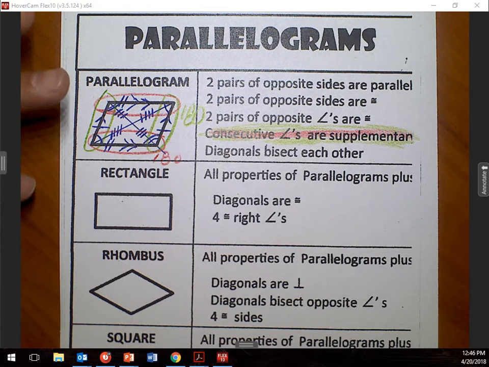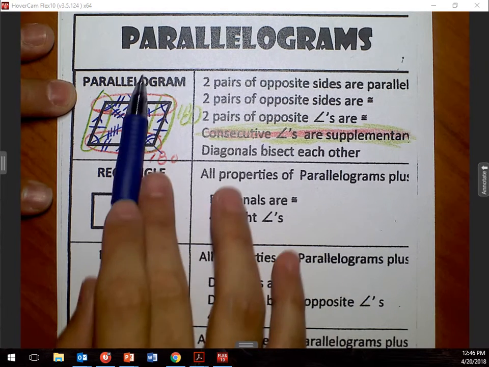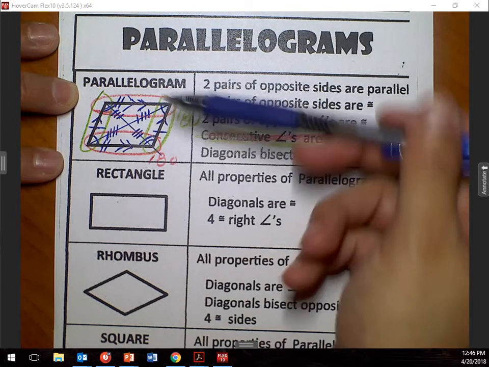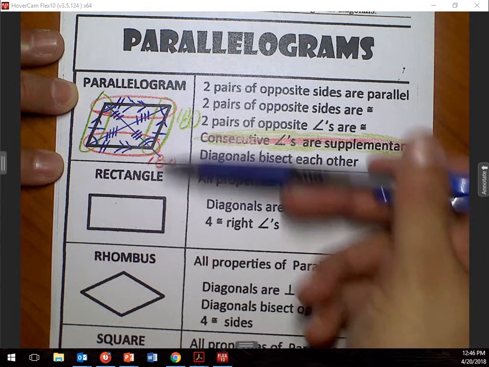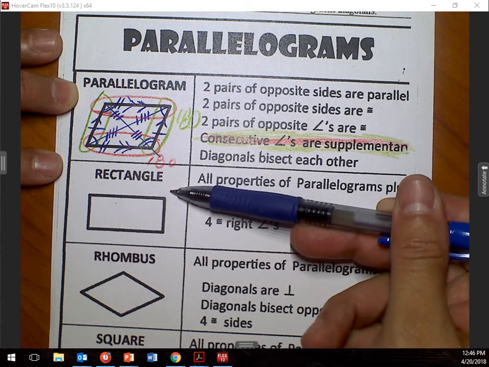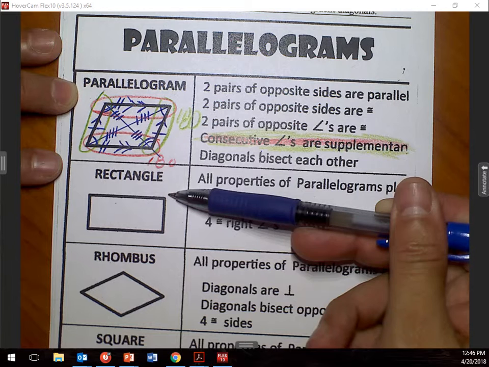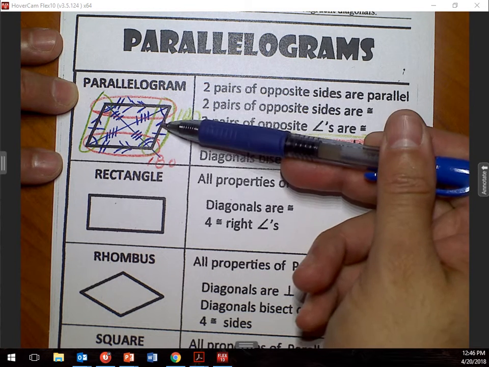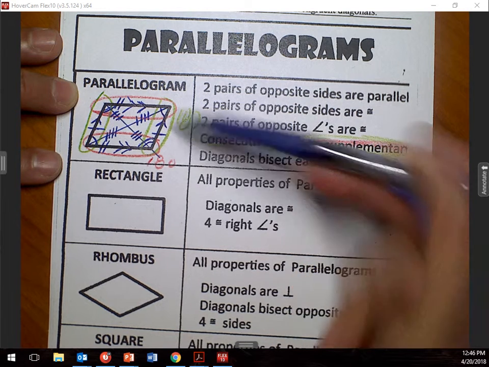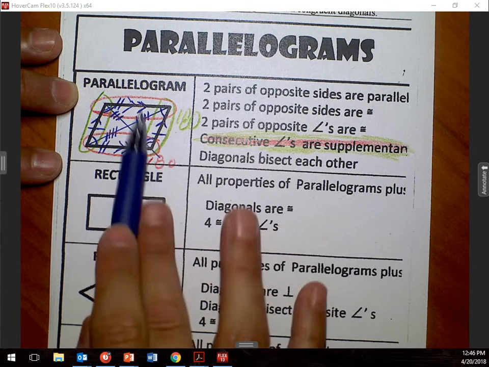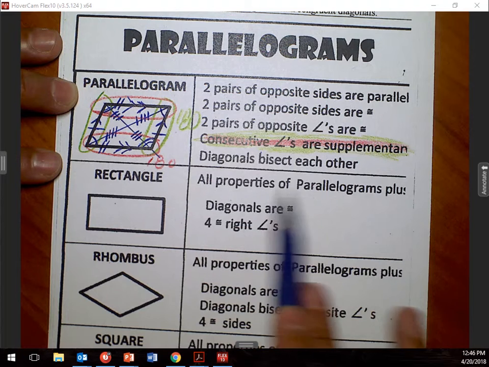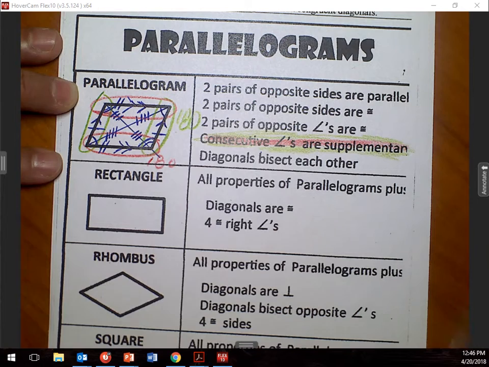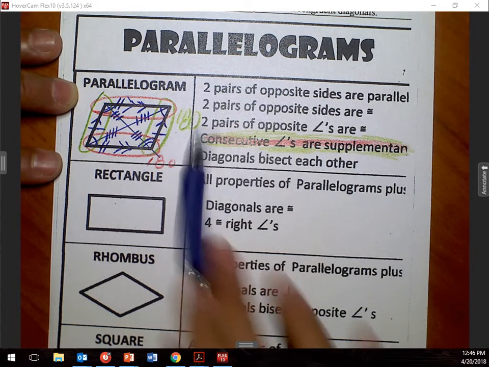All right, you guys ready? Now, a parallelogram has all these properties that are true all the time. But if you remember the little chart from yesterday, is a parallelogram a rectangle? How often? Sometimes. So a rectangle is always a parallelogram, right? Because a rectangle is always a parallelogram, all of these properties are also on this. But I'm only going to add the new things. Because it has all of this plus